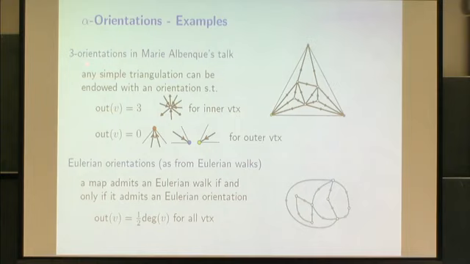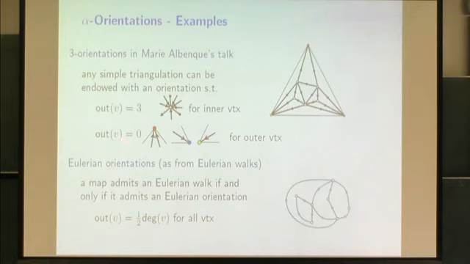She was discussing three orientations in triangulations, and she mentioned, actually proved, that any simple triangulation, by simple I mean without multiple edges, can be endowed with an orientation of the edges such that every vertex has 3 outgoing edges, 1, 2, 3, and the 3 outer vertices have out degree,